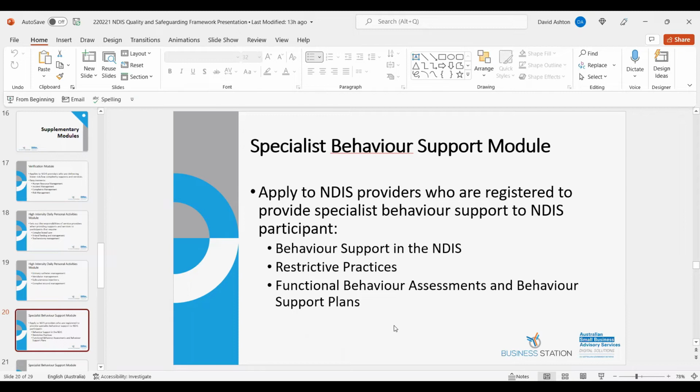So you've got to include any restrictive practices in the individual support plan. They've got to be proportionate to the risk of harm to the participant or others. But your aim should be to lead to the reduction and elimination of any restrictive practices that are included. So this is last resort, not first resort. So you need to try and eliminate these things altogether.